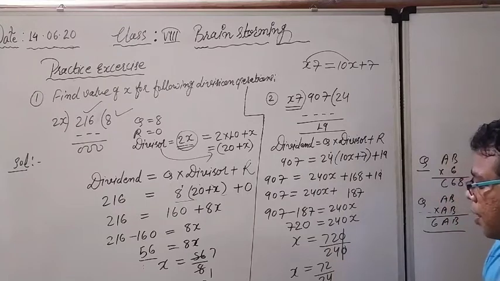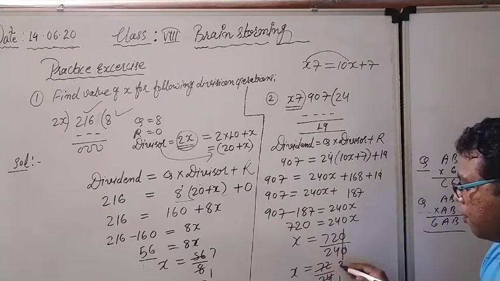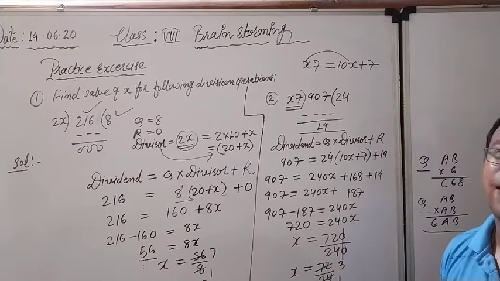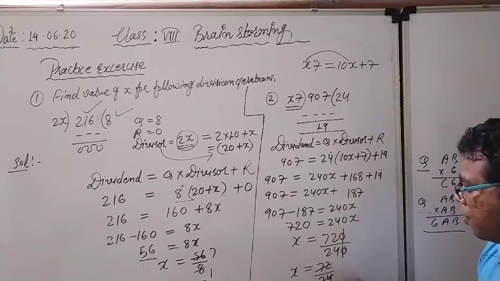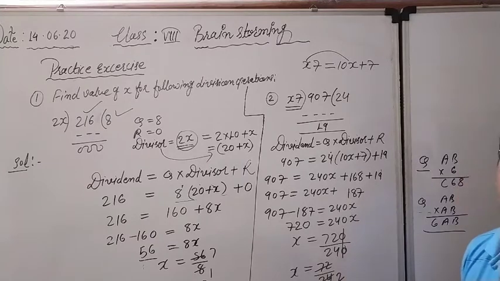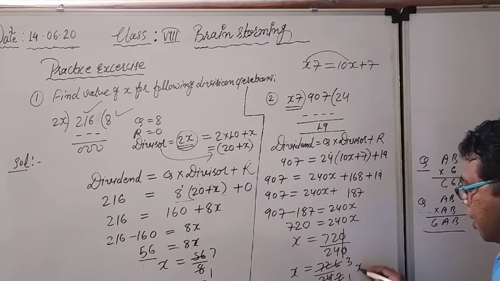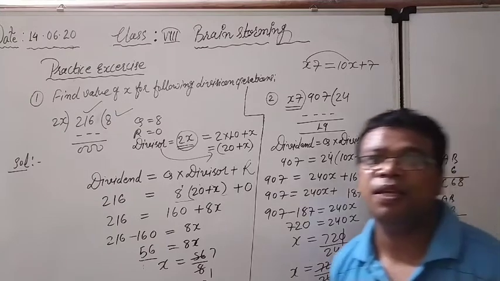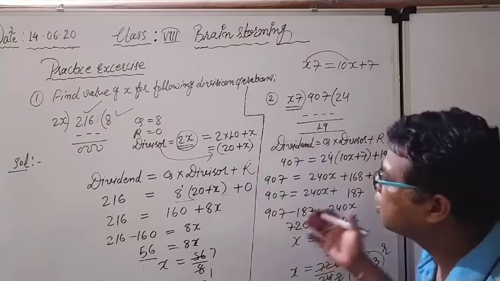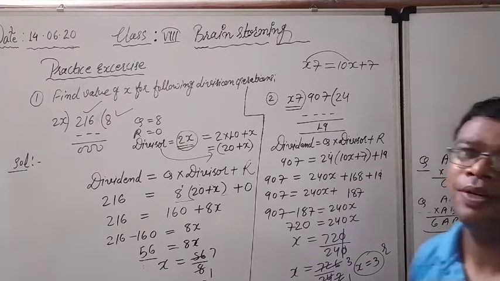Right now see, in the table of 24, directly I can see 24 1s are 24, 24 3s are 72. Directly I am going to solve. Otherwise no problem, I can do it with the table of 12. 12 2s are 24 and 12 6s are 72. And after that 2 1s are 2, 2 3s are 6. So finally I am getting x is equal to 3 as my answer. Very easy. So these are the things. Right now I am going to tell you the direct method.